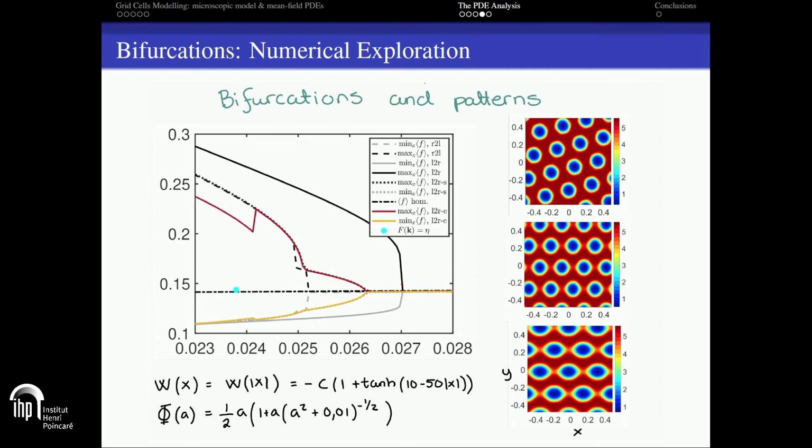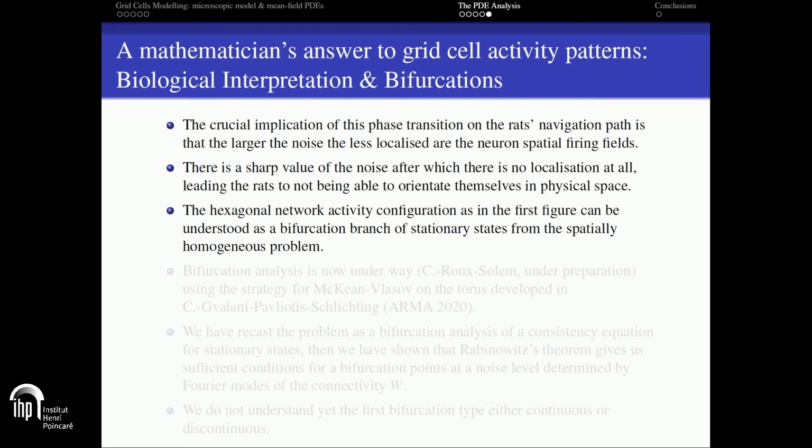So at the moment, and just, how many minutes do I have? Okay, very good. This is perfect, because I'm going to try to write my answer, the mathematician's answer to grid cell patterns